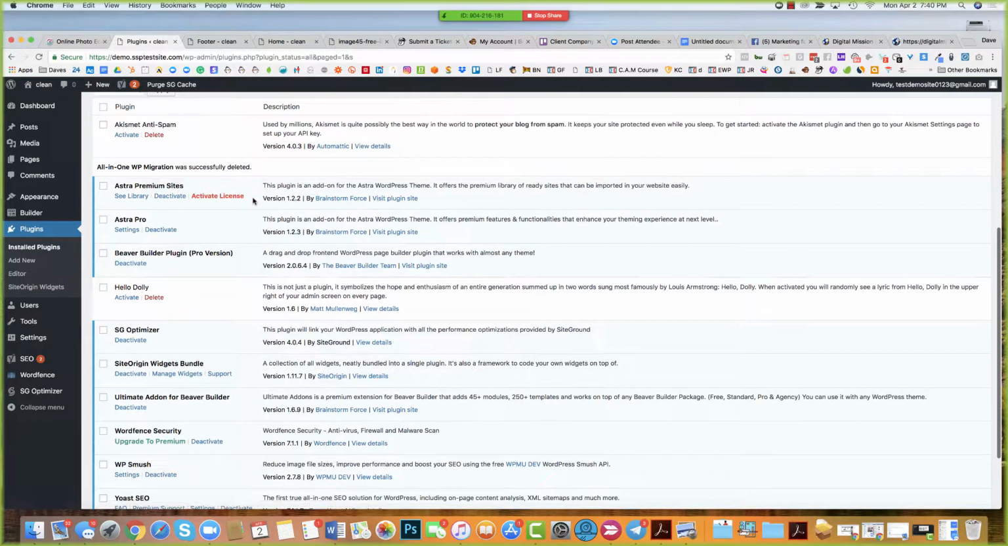Premium sites, that's something that I was using to help build some of the sites out. Astra Pro, even though it's part of the theme, is an actual plugin that allows us to have some of the additional modules like the header and some of the other stuff we'll go through. So Beaver Builder plugin is basically